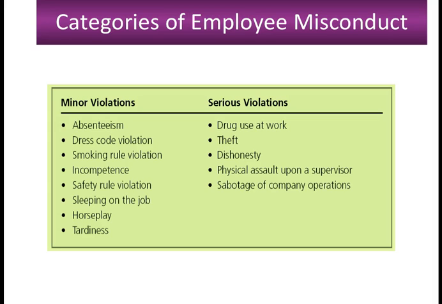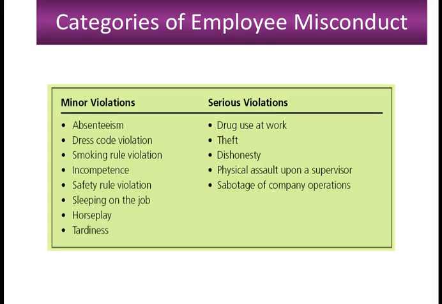This slide is a great example of the different types of misconduct or violations you might see on the job. Minor violations might include excessive absenteeism. Absenteeism in and of itself is not a problem, but when it becomes excessive or it's without cause, that becomes an issue. Hygiene could be an issue. Dress code violations are an issue. Smoking rules, horseplay, tardiness, all those things. These are minor issues, but they need to be addressed because there can be issues of safety at risk here.